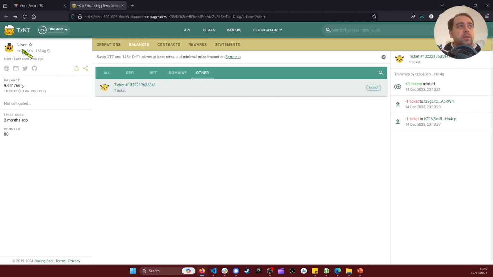For example, here I have a user, and in the balance I will be able not only to see what the holdings of this user are in terms of DeFi, NFT, etc., but also I can list if he has some tickets. So this demonstrates that a user can hold tickets inside of the wallet. It's not only tickets inside of a map, inside of a smart contract.